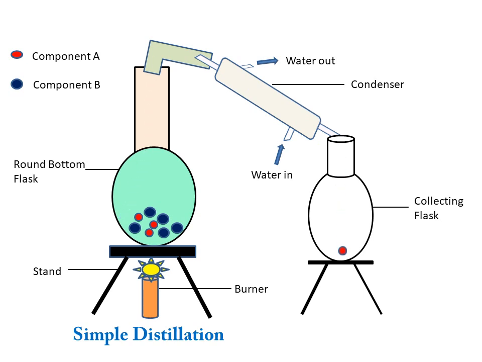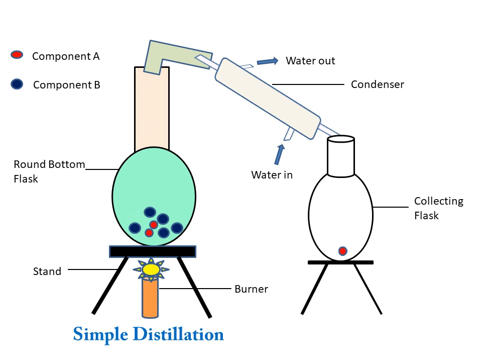Then it climbs up the round bottom flask as the liquid converts into the gaseous state. The vapor will move into the condenser. Due to circulation of cold water in the condenser, the vapor phase converts again into liquid. After converting into liquid, it will collect in the collecting chamber or collecting flask.